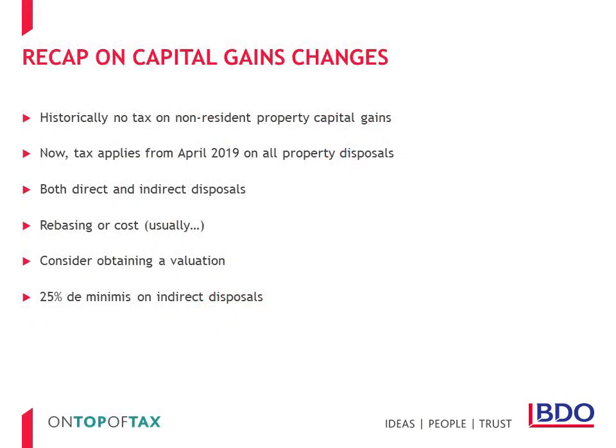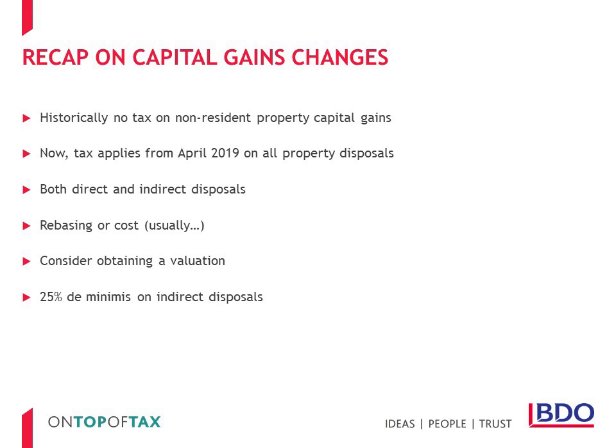To give some background on the changes, prior to April 2019, the position on capital gains arising on the disposal of non-UK real estate was that, subject to a few specific exceptions, such as real estate investment trusts or REITs, all UK tax residents were subject to tax on capital gains arising to them, and non-UK tax residents were exempt from UK tax on capital gains, other than those arising in connection with residential real estate.